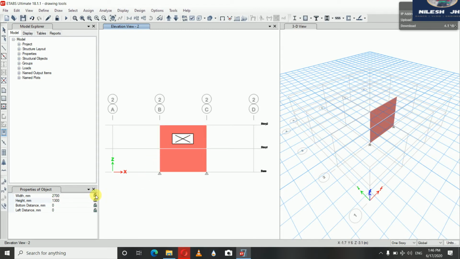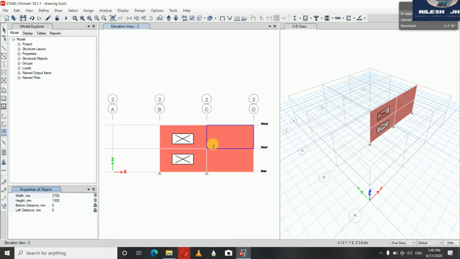And now if you lock these properties, then the first click will show you the dimension line. Here you can see, and the dimension of your opening has been fixed. And now clicking anywhere on that area where you require to give your opening, the opening will be created of that dimension. Here you can see it clearly. And now if you want to create your opening at a specific distance from this bottom grid and this left grid, then you can provide your data here on the bottom distance.